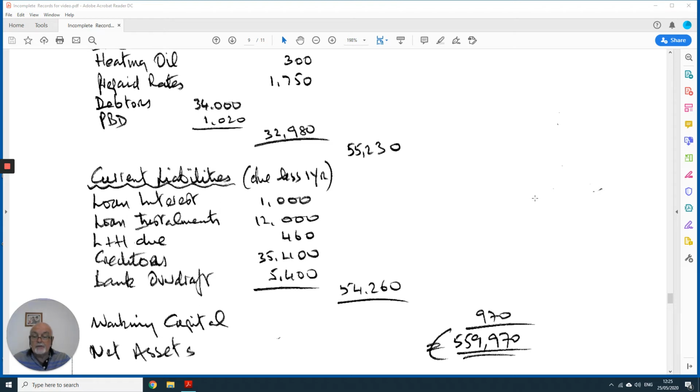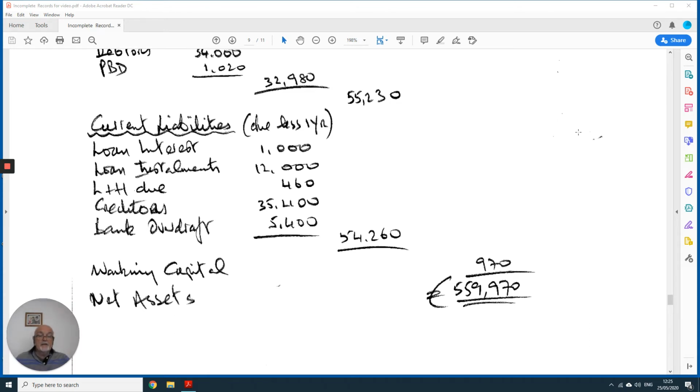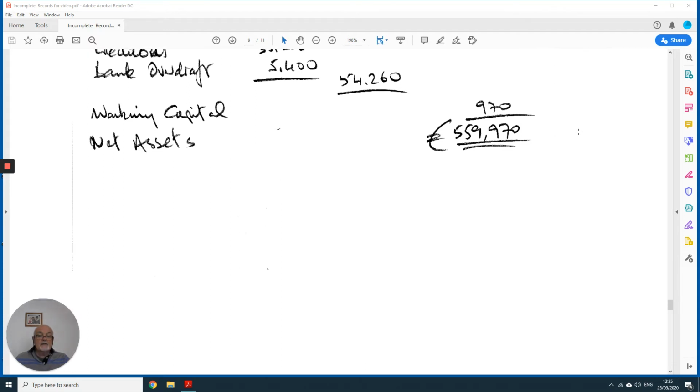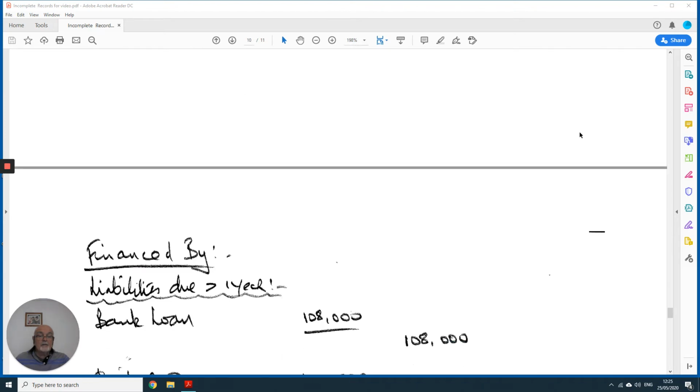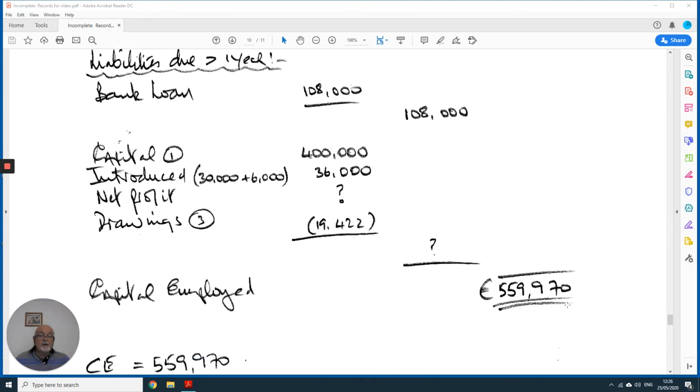There's the unpaid electricity bill of 460 euro. We owe our suppliers 35,400, and the question tells us our bank account is overdrawn by 5,400. So our current liabilities, 54,260, almost equal our current assets. We've got very little working capital, 970. So our net assets are 559,970. If our net assets are 559,970, our capital employed must equal the same figure,